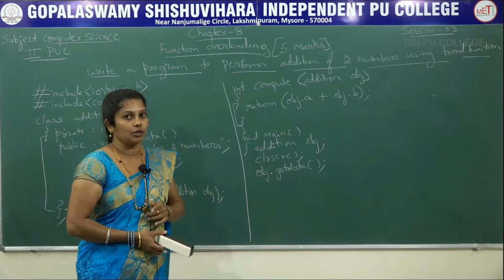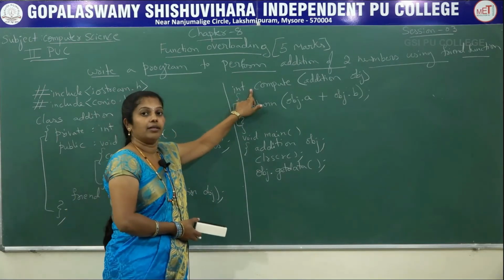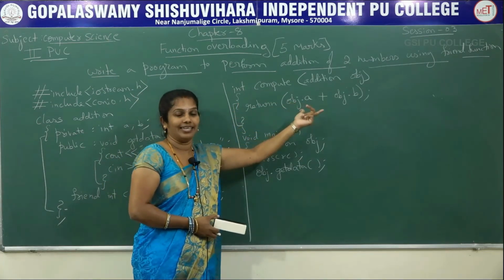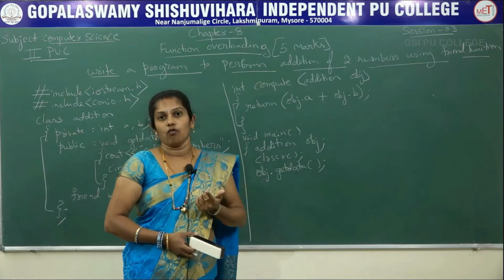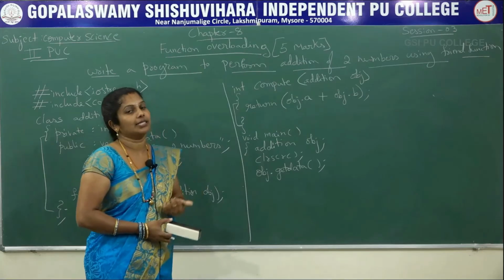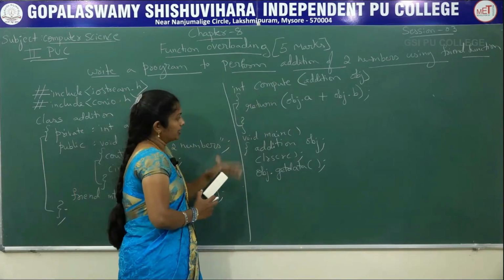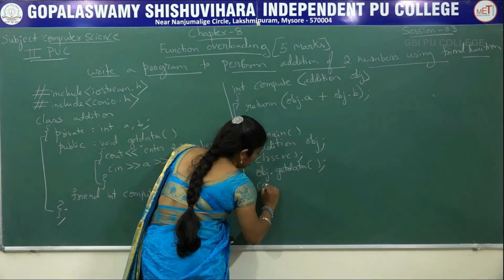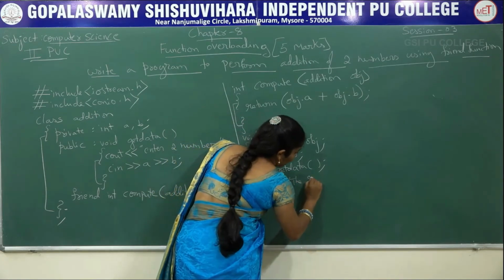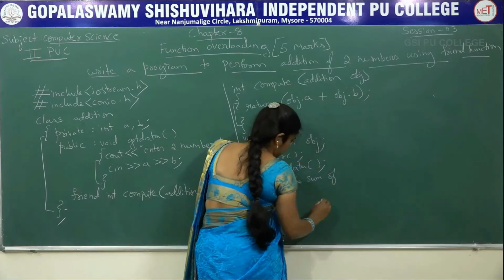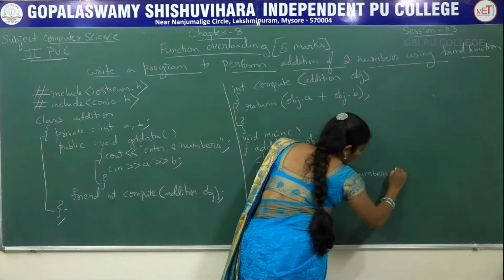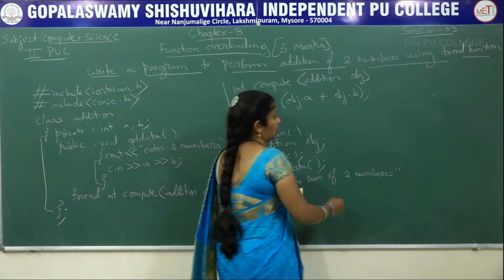While explaining the feature, I also told you we do not require any scope resolution operator, but it is able to access the private data as well as protected data of a class. With that it violates the rule of encapsulation as well as data hiding. To call this compute function, cout insertion operator, the sum of two numbers equals. Call this function. How to call this function?